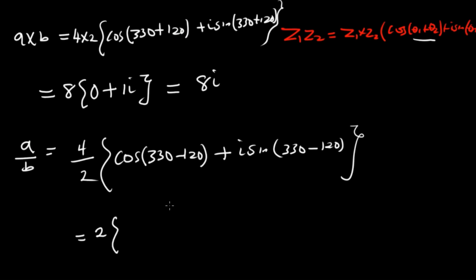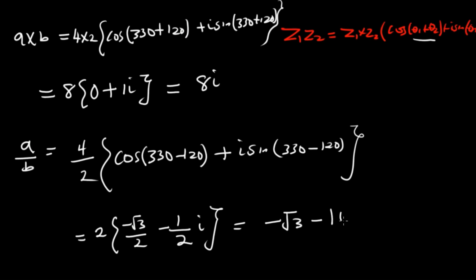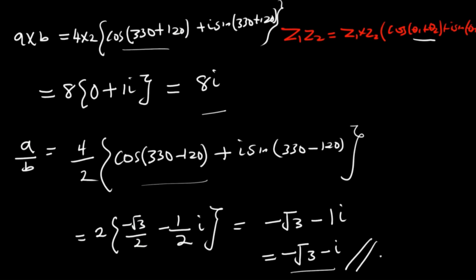The cos of 210 is negative root 3 over 2. And the sine is negative 1 over 2, times i. So if you multiply 2 to open the bracket, we're going to have negative root 3 minus 1i. And this is the same thing as negative root 3 minus i. So these are the representations of A divided by B. We have the polar representation here, and we have the complex number here. So that's that concerning